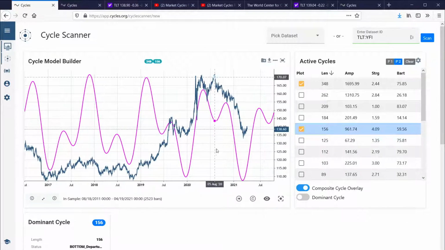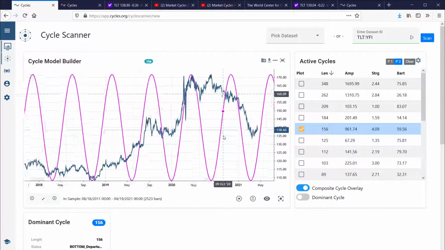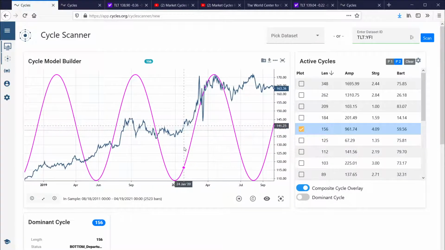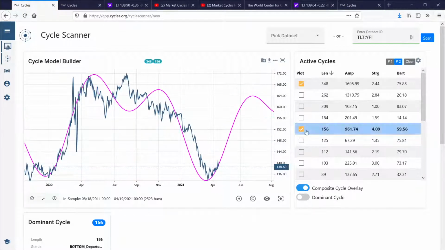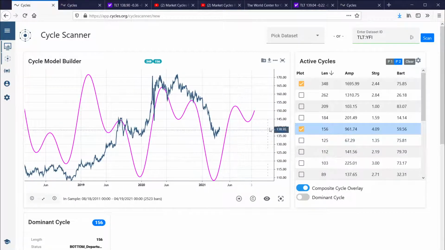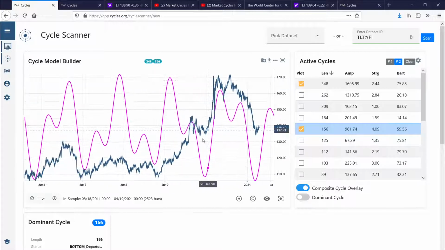We will add the 156 here into the mix. So we now see this composite cycle here. We could also deactivate the other one to see the shorter cycle here. And you see this also looks a little bit like a harmonic, but anyway. So this is the high, the low, the high, the low, the high, the low. And if we add both cycles together, this is then the composite plot here. And if you multiply this cycle length here by 2, you will end up with 312 something. It's not a real harmonic of 2, but around a harmonic. So these two cycles seem to be also harmonically related.